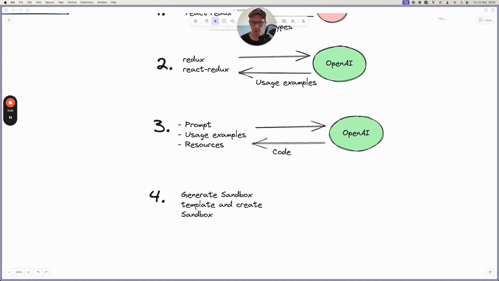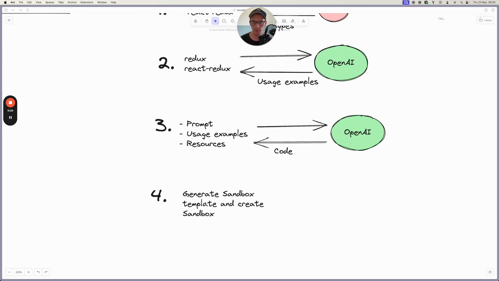Anyways, and then we generate the sandbox template. So we build up the actual template and we just insert the actual code generated by OpenAI for that single file. And then we create the sandbox and redirect you there. So if we look